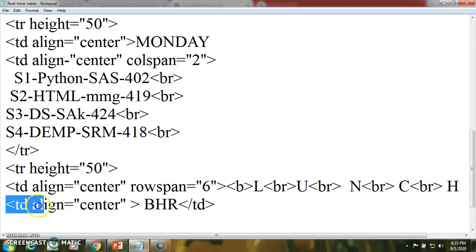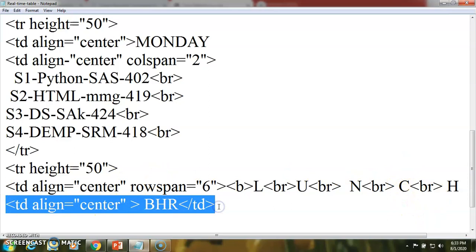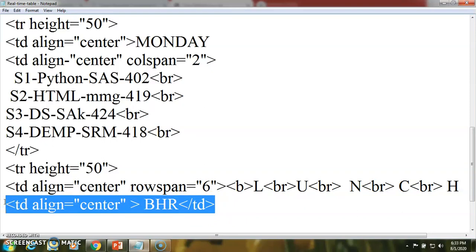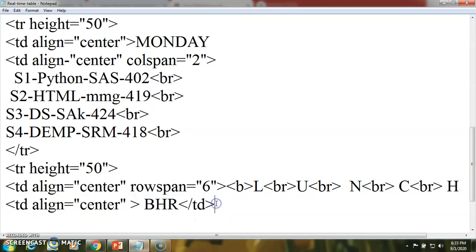So we can add the required cell data for the particular cell.